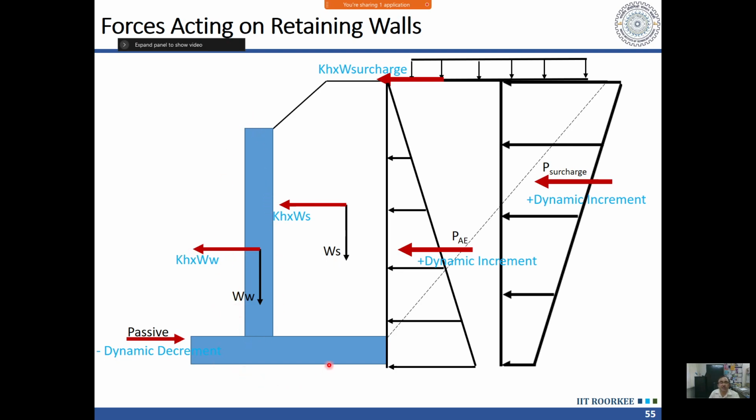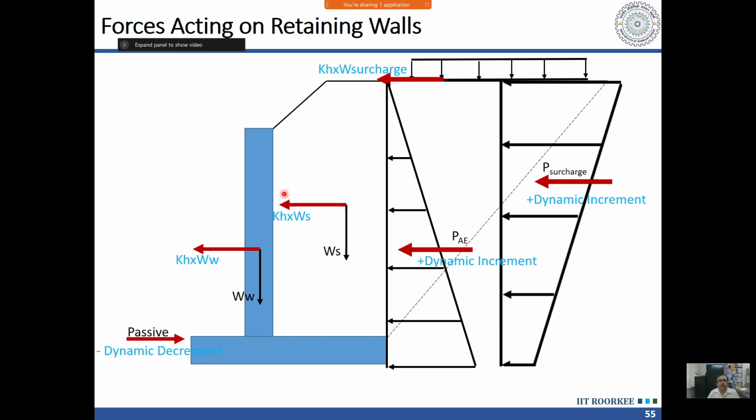The inertia force of the wall itself, including its foundation, and the inertia force of the soil which is resting over the top of this footing. Most of the times the designers skip that. They don't try to take this into account. They try to skip this because this is causing a lot of inertia force on our system. Now the soil which is resting directly above the foundation of my retaining wall or the abutment will transfer its inertia force to the foundation.